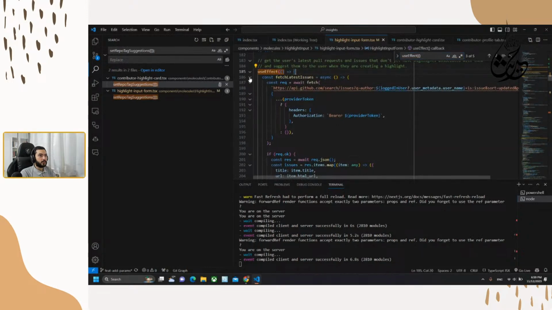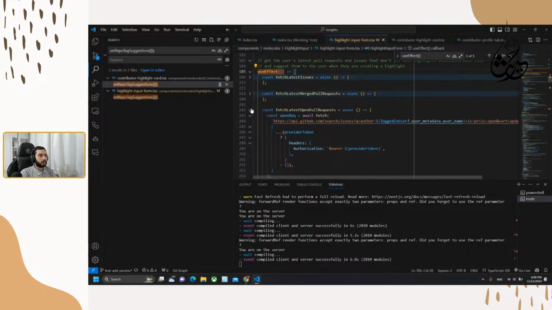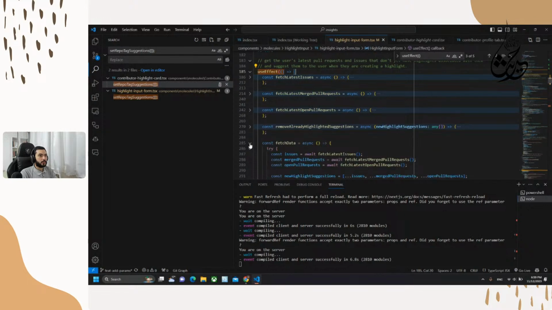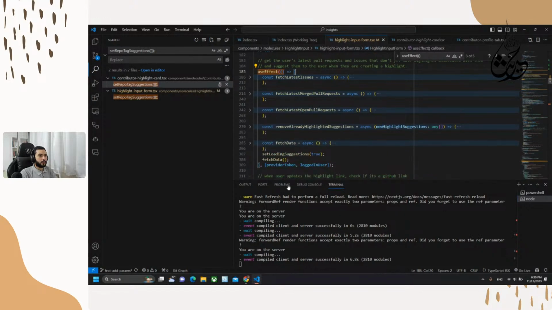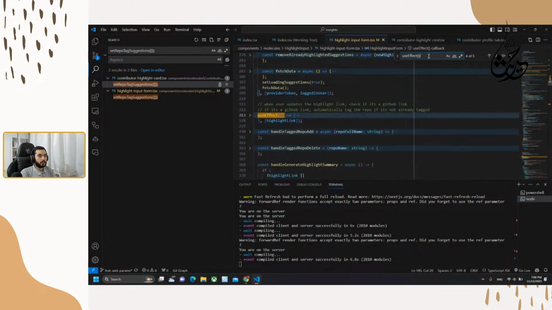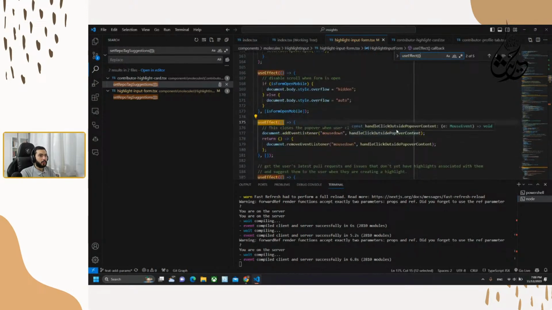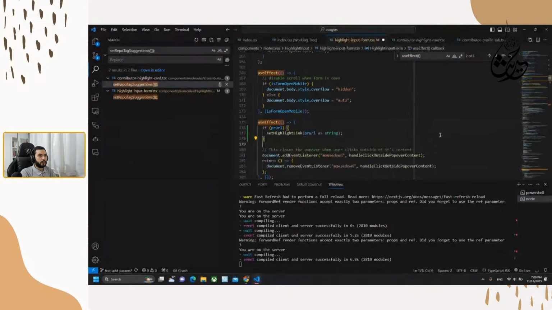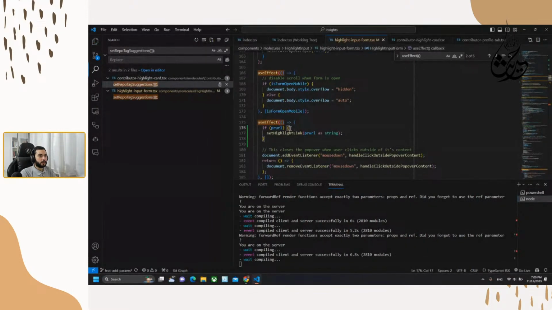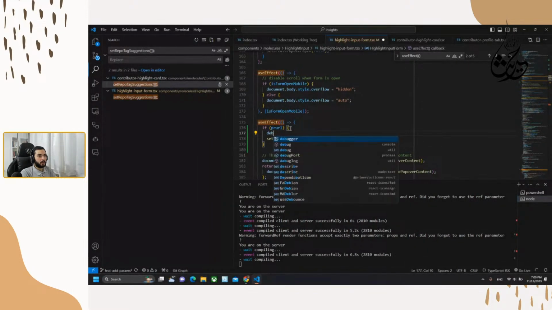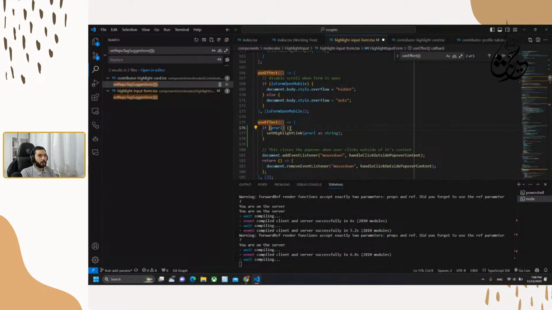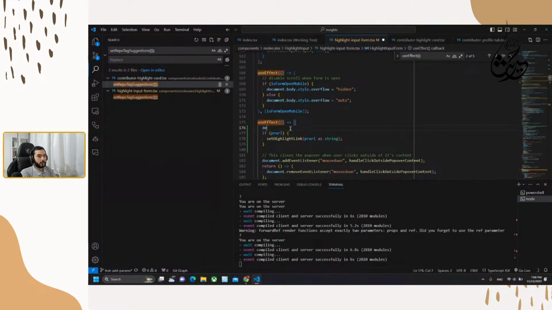Is it this? Provider token, logged in user? No. Here's the first one. I think we could have this run after the first render, and we could debug it as well.